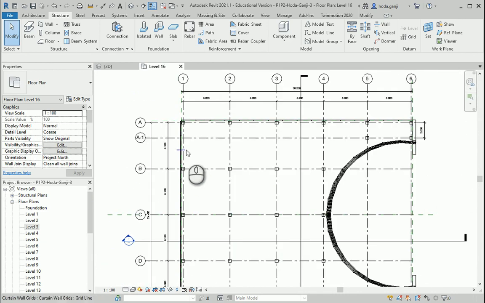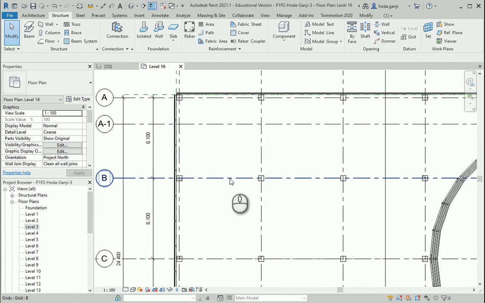I know we haven't talked about the space layout here because in this video I only focus on structural elements and how we model them in Revit. So I assume we're going to have one shear wall here. You can assume we have two of them.